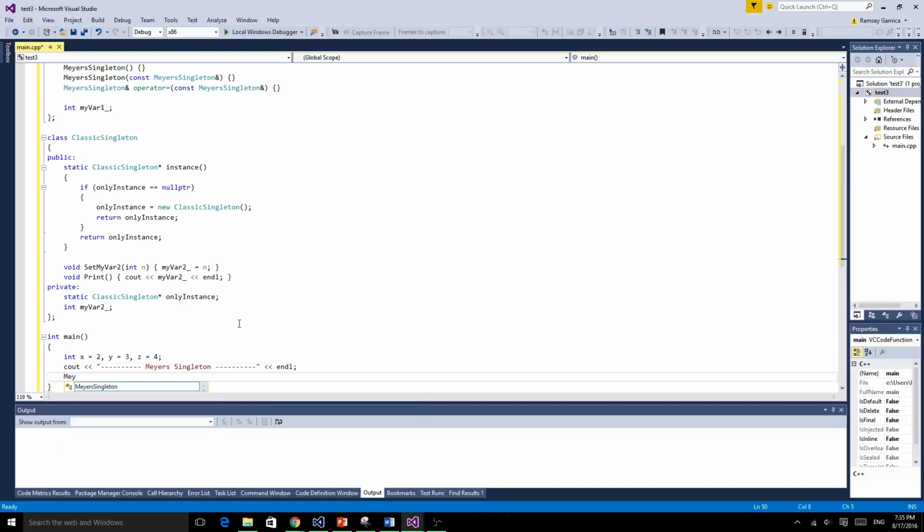So we're going to start with Meyer singleton, and we're going to make a pointer, actually why am I making a pointer? We're going to make the pointer when we go to classic singleton. For Meyers, we're doing a reference. We're going to call you Meyers example 1 if I don't hit the wrong things on my keyboard,